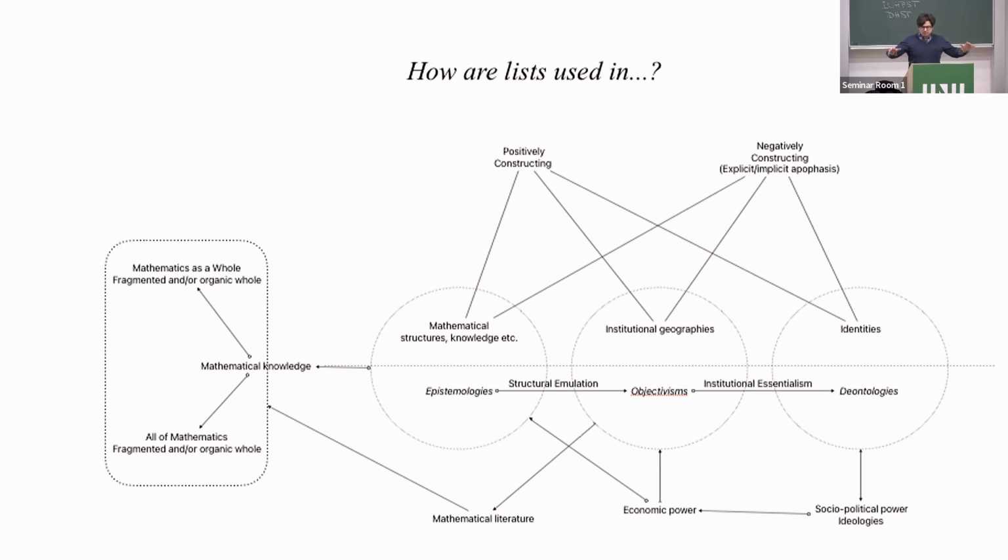So it's more of a bird's eye perspective on all types of listing which appear in modern mathematical work, and I'm trying to put them into all possible frames. There are emerging epistemologies which change the image of modern mathematics and how the list or listology is changed. At the same time, I'm looking at how this resulted in mathematical structures of disciplines of the growing organism of mathematics, which was in turn codified in bibliographies, right?